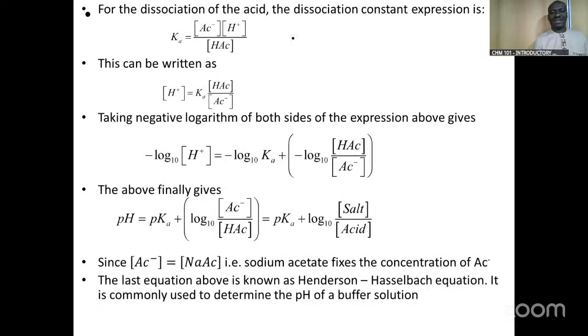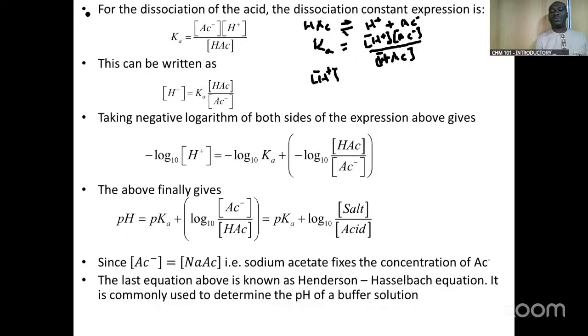All right, so for the dissociation of the acid, of course, this is the acid. Let me write again. HAc dissociating to give H plus and Ac minus. So we can write that Ka for this will be equal to [H+][Ac-] over [HAc]. Now, make the hydrogen ion concentration the subject of the expression. It will simply be equal to,